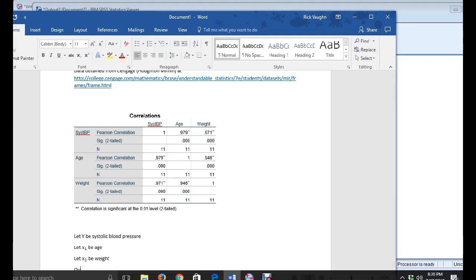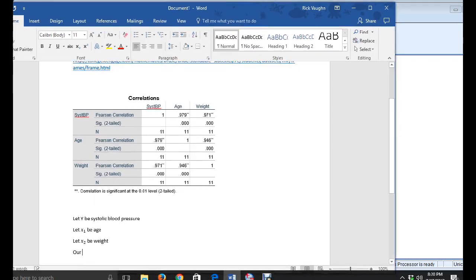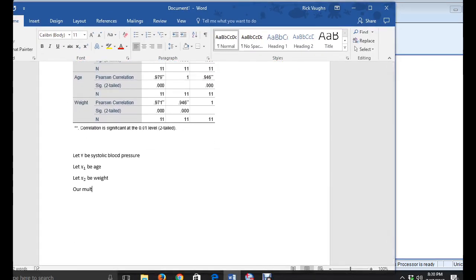Okay, our multiple regression model then from SPSS is,